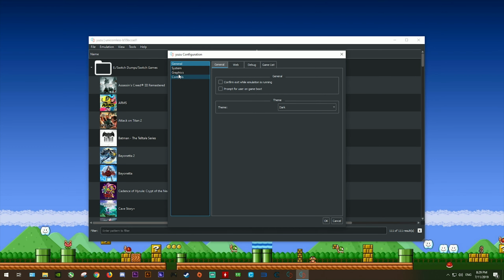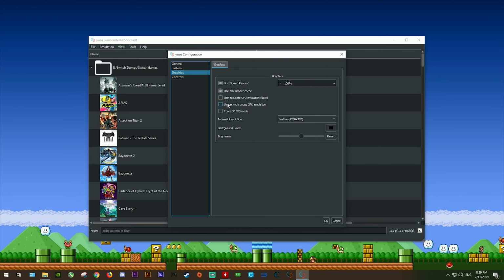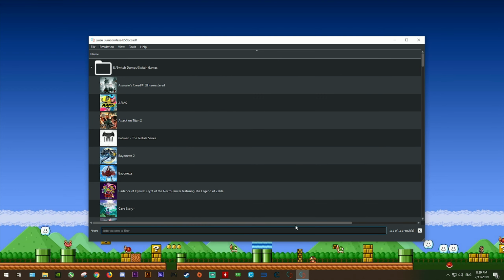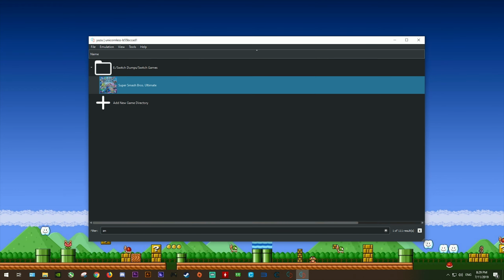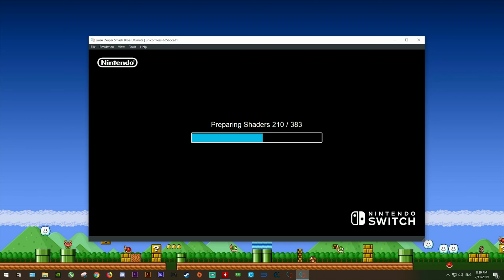Now, one thing I do want to note is that at least right now for this game, if you want it to boot, you need to make sure to turn off asynchronous GPU emulation, and I'm just going to search for Smash Ultimate, and let's just boot it again. Now this time, unlike the last time, I'm not going to be doing any skipping or speeding up the video, mostly because I want to show you just how much this new PR affects the